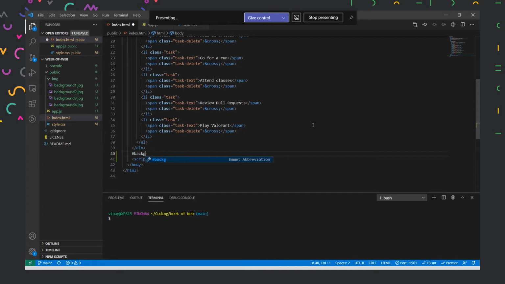So if I am typing hash background selector, it shows us the Emmet abbreviation over here. As soon as I press enter, it will create an ID for me with proper syntax.